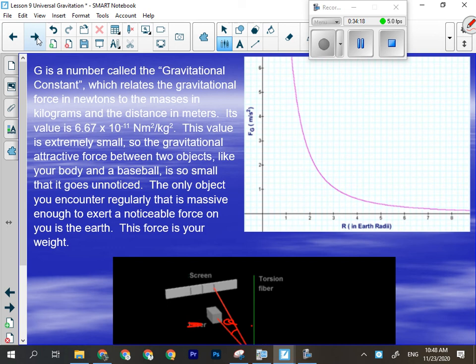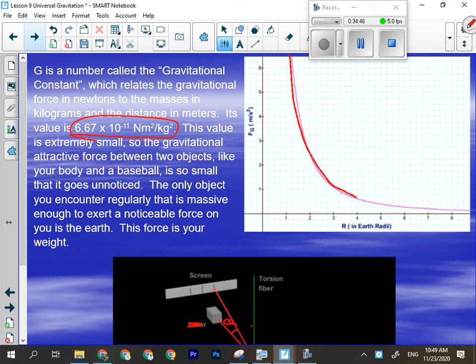All right, so that's the torsion balance. That's effectively how it worked. I'm going to show you a video on that here in just a sec. So we got the universal gravitational constant. That number is on your formula sheet, under other useful constants, on the back. It's extremely small, so the gravitational attractive force between two objects like your body and a baseball is so small that it goes unnoticed. Now, here's the other thing we have to be aware of: this inversely exponential relationship,